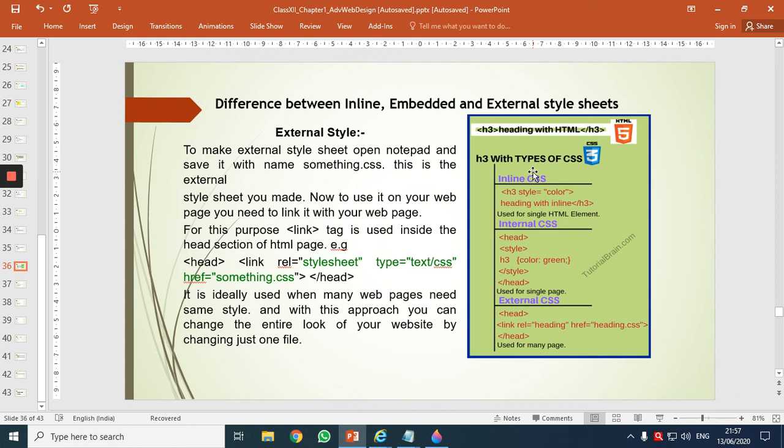I'll repeat the question again. If we apply all the 3 styles to a single web page, then which style will get applied to which tag? Okay. So we'll stop here and meet in the next class.